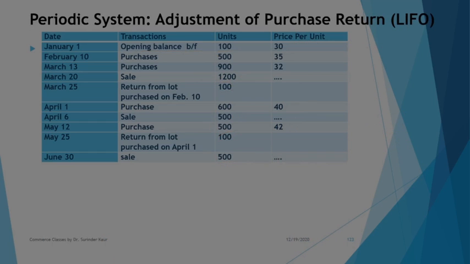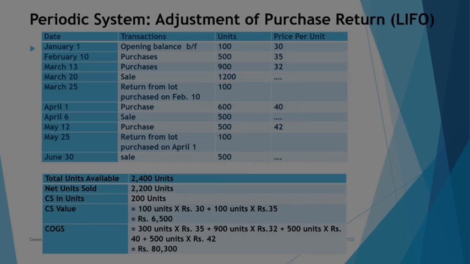Now if you are following the LIFO approach, in that case our working is still the same. These are 100 units available with us. Out of this lot, since 400 units were available, you returned 100 units, then you purchased 900. Okay, so these are the lots. This purchase was 600, but again 100 were returned out of this. So from this lot we have 500 units available with us, then 500 into 42.